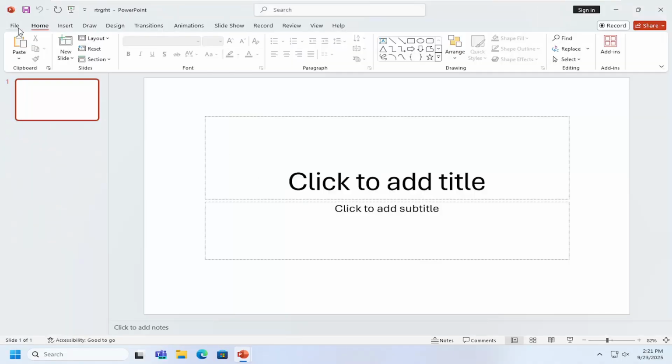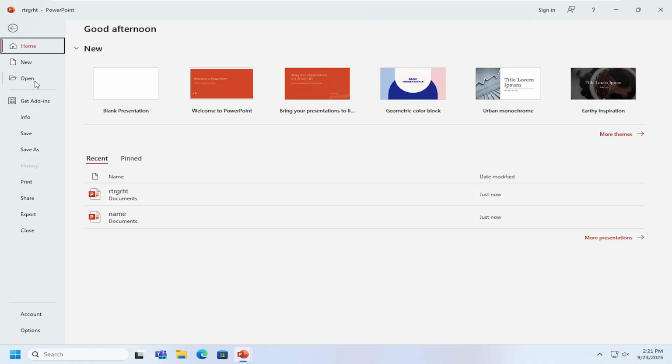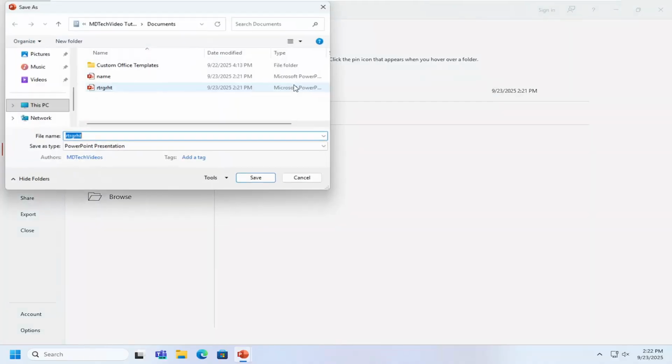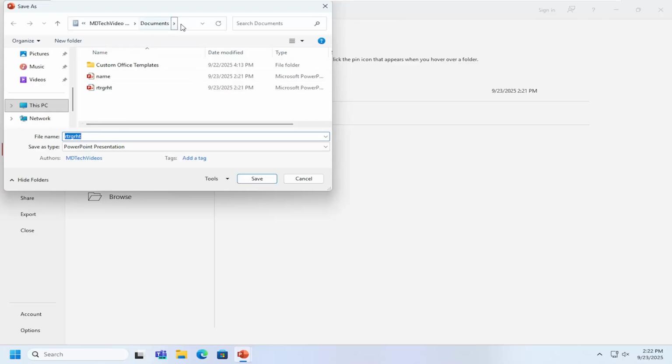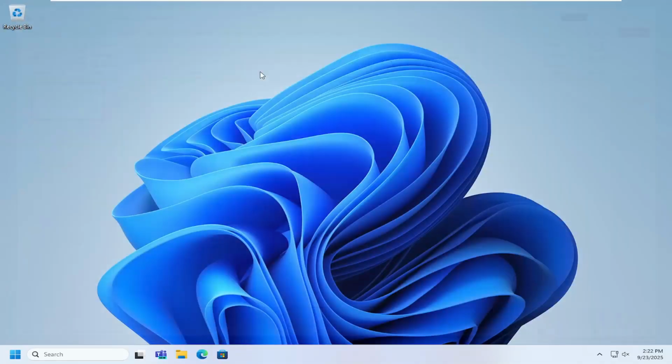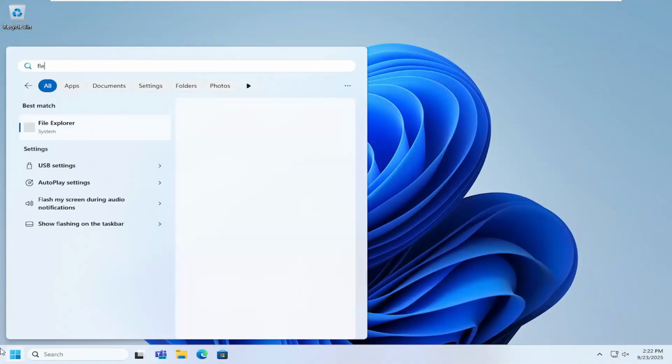If you want to change the name of an existing PowerPoint, you may want to go and locate that file on your computer. So if you selected Save As, you should see the folders that you could save files in. You can then just go ahead and select up at the top bar and copy that. So highlight over it, like double click on the File Explorer address bar, right click and copy, or select Control C. And then if you were to close out of PowerPoint and then open up File Explorer,